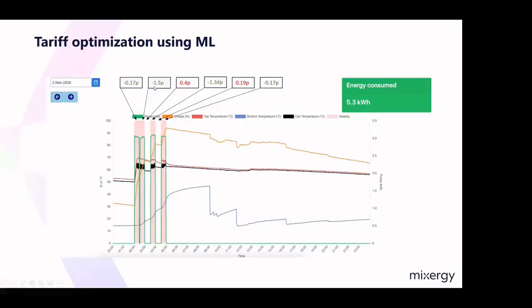One of the things you'd think is, well, if I've got a heat pump, we could utilise that free half hour. But by the time the heat pump has ramped up and started to heat water, it would have had to be switched off again for the next negative tariff. So this is where we can use machine learning to choose where is best to put that heat source. During those half hour periods, unless we've got a long period, it's cheaper to use the immersion heater rather than something like a heat pump.